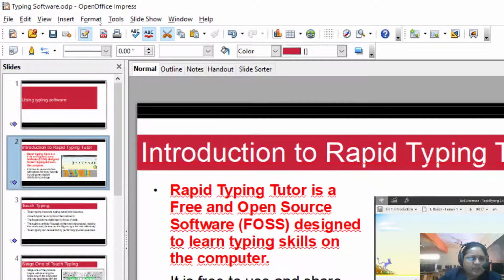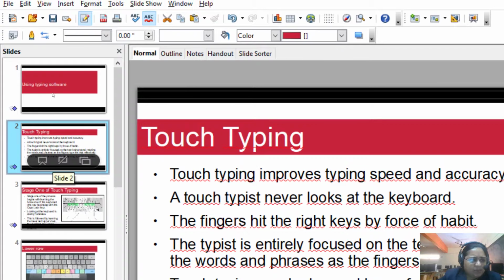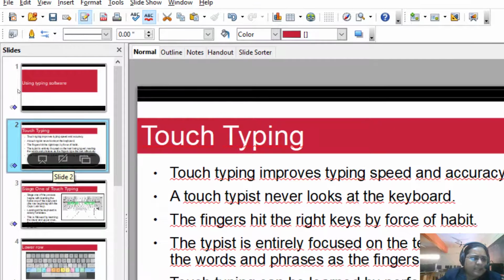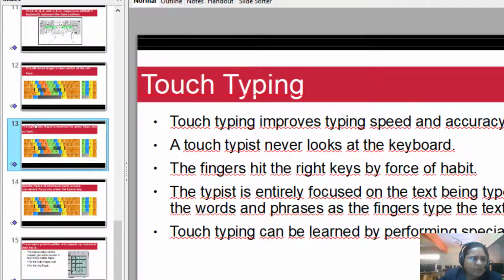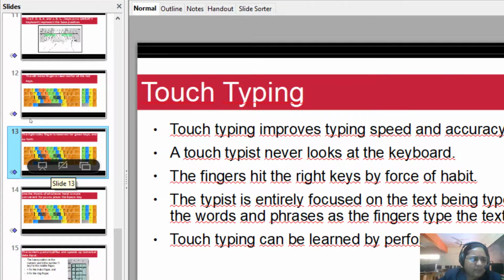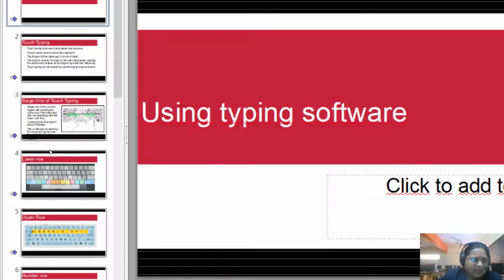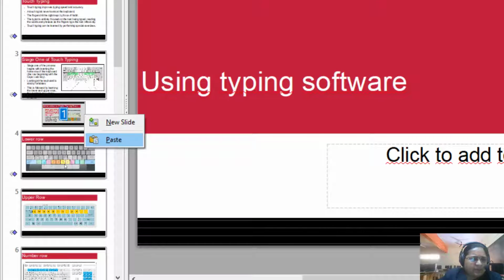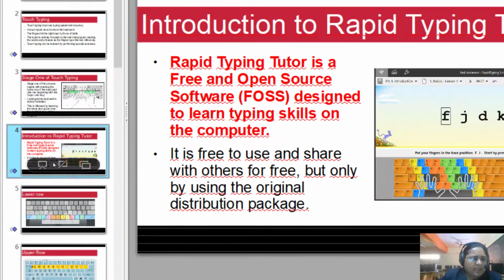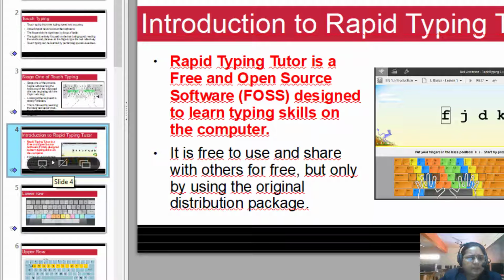I'm going to select the cut option from here. So the slide gets removed from this place and the next slide takes the position of the second slide. Now whichever slide I want to place it after, suppose I want to place it after the 13th slide, I will just click in between 13 and 14, right click here and click on paste. When I click on paste, the slide which I had cut earlier now gets pasted over here.